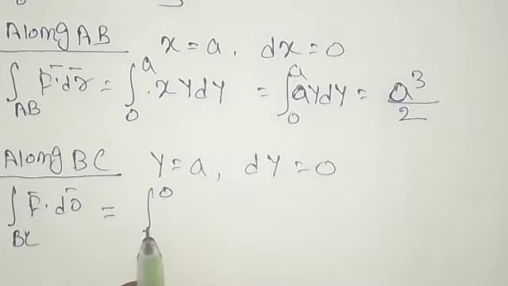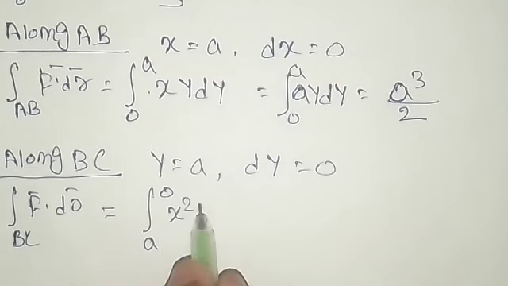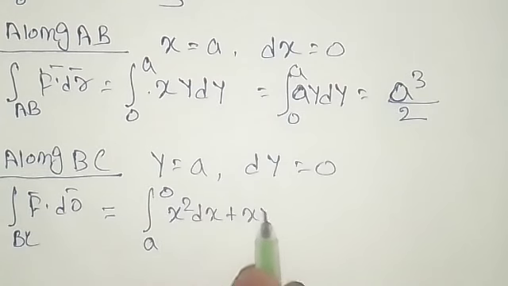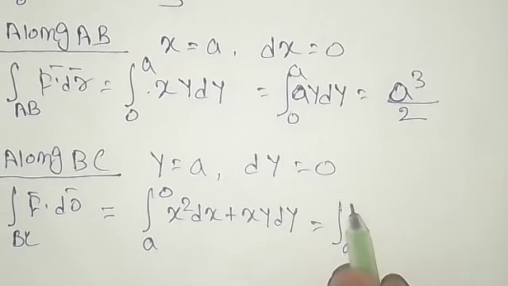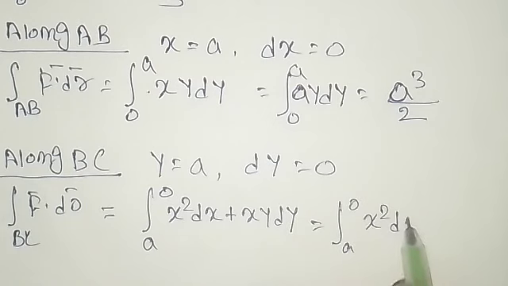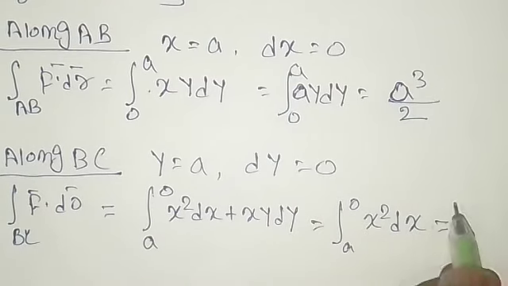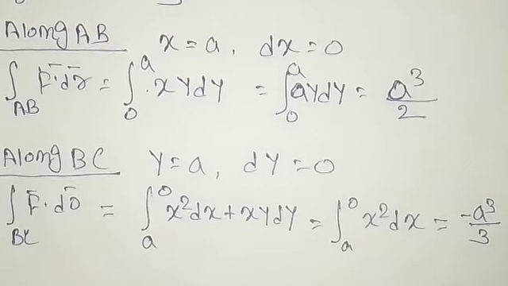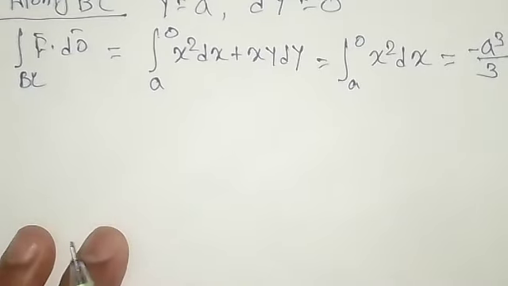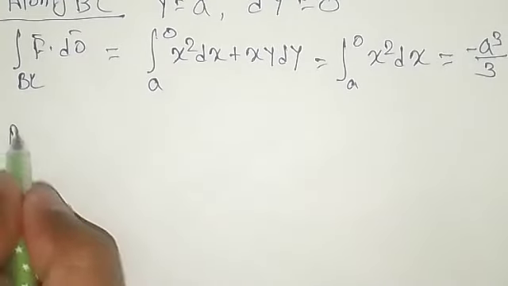So this is x square dx plus xy dy, right? So in this dy is 0, so this term will be eliminated, and only you have limit from A to 0 x square dx. Again its integration with the dx is x cube by 3, and while you put the limit you'll get minus A cube by 3, yes, minus A cube by 3, right? So BC we got. Finally, last, for the cyclic, we can say along